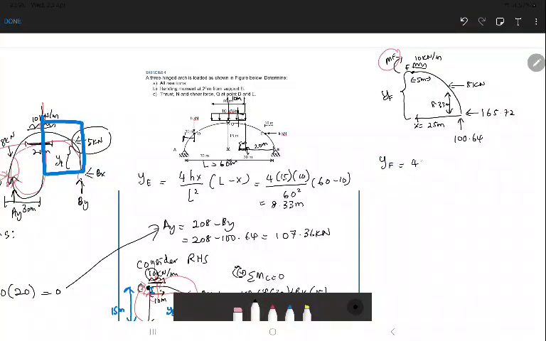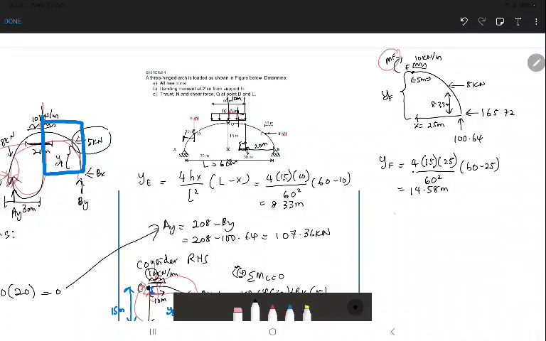YF is equal to 4h x (L minus x) over L squared, 4 times 15, x 25, L 60 squared, 60 minus 25. So you get YF is equal to 14.58